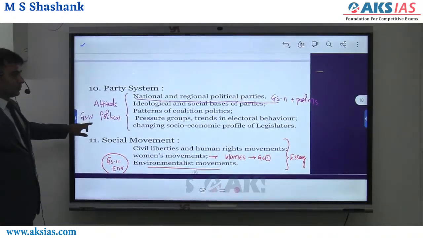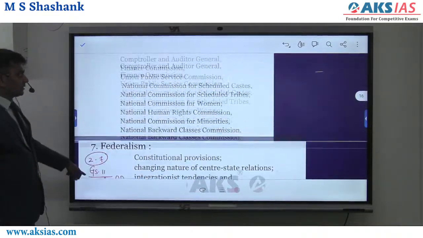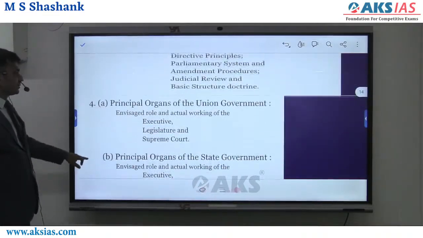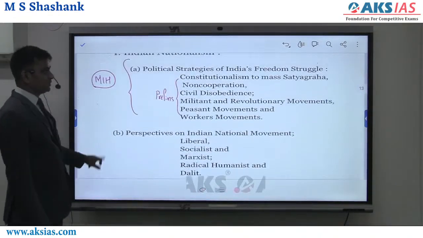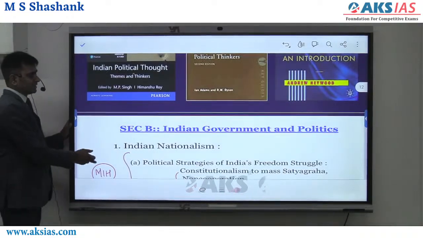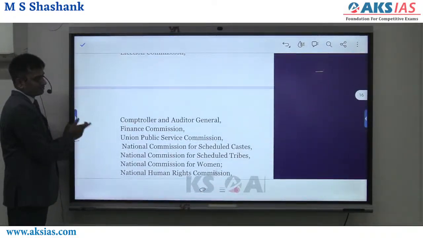Paper 2. So paper 2, how to divide? How you have to divide into 3 segments, and the 3 segments are this. The question is, what are the books that we have to study? Next one is, okay, we'll study what are the books that we have to study for this.